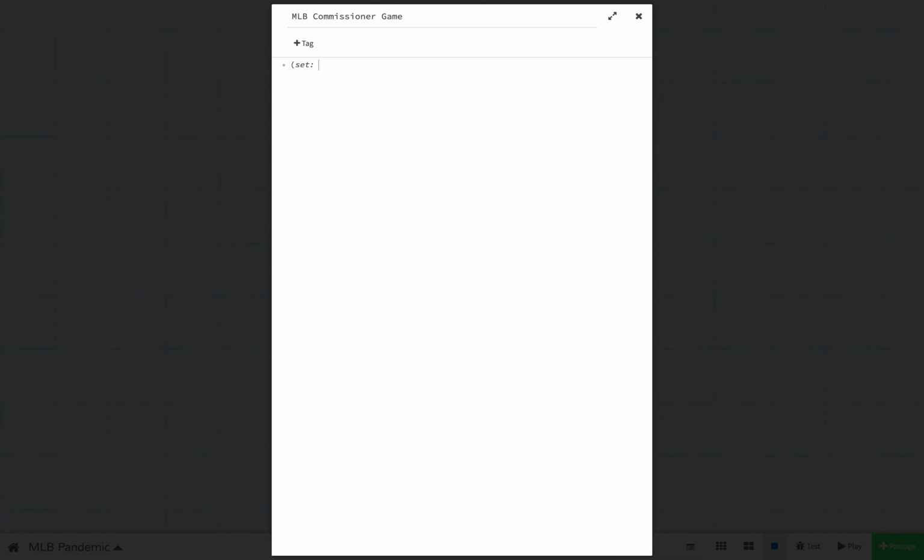So set day to, and now I'm just going to type a number. And when we type a number, we don't have to put it in quotes. If you put it in quotes, then it thinks it's a string. So if you were to try to add two strings together, it does something called concatenation. So if I had this in quotes and then I had maybe the number 10 in quotes and I tried to add them, it would actually become 1011 as a string, right? So we're going to set this day to 11. And